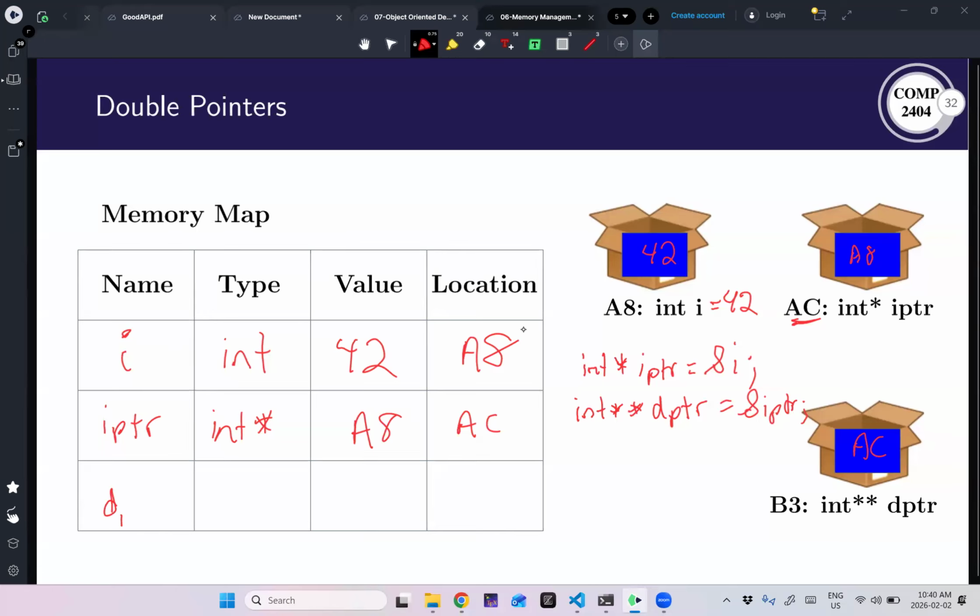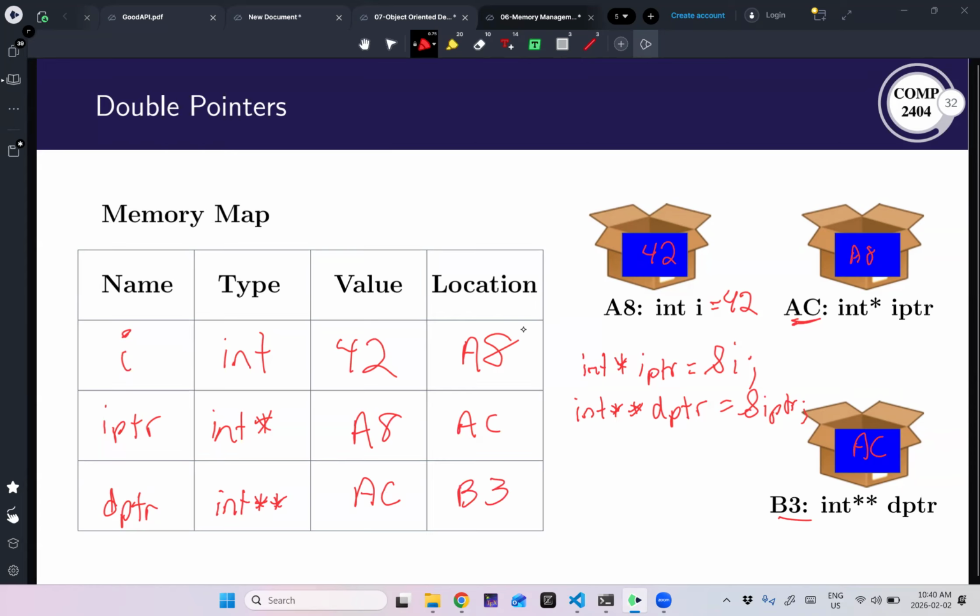In our chart, for doublePointer, the type is int star star. Sorry, if I touch the screen, I get a bunch of artifacts, but if I don't touch the screen, it's super messy. Int star star. Its value is AC, and its location is B3.